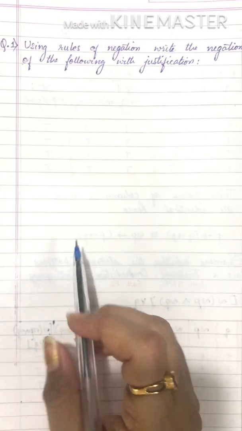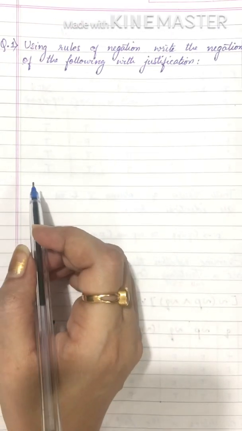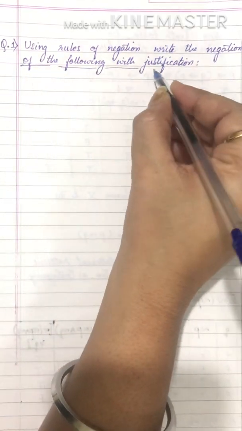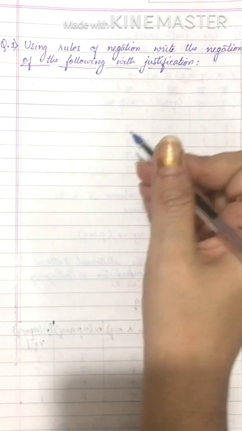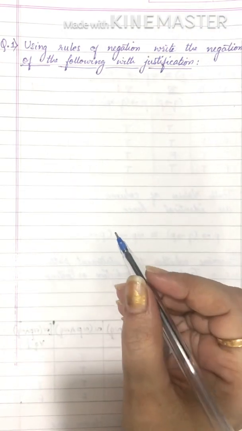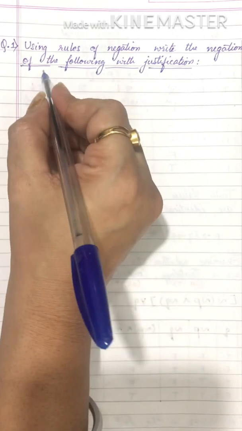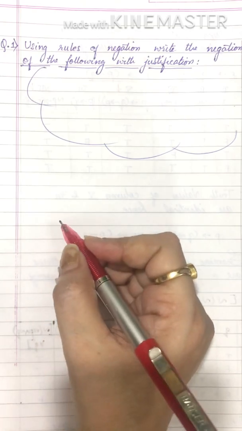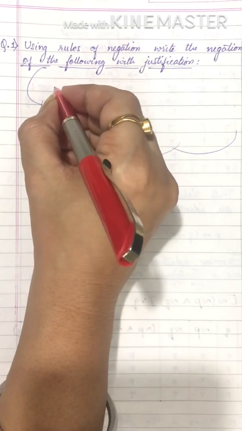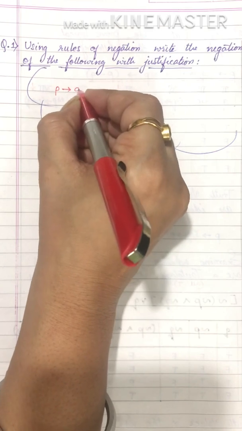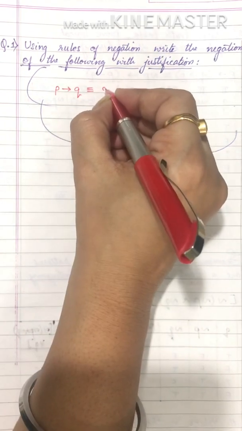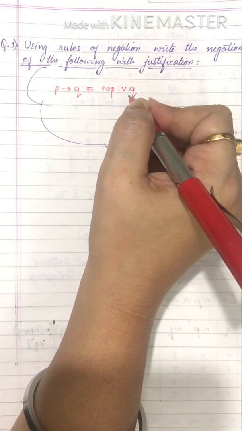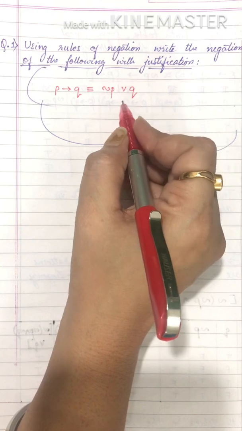Now first of all, all the sums which we will be seeing in this video are totally based on the laws which we have seen in the table provided in the beginning of this video. Just go through it nicely. We'll start with the important ones which are repeatedly used in the first few sums. First one is P implies Q. So we get negation P or Q. P implies Q gives you negation P or Q.